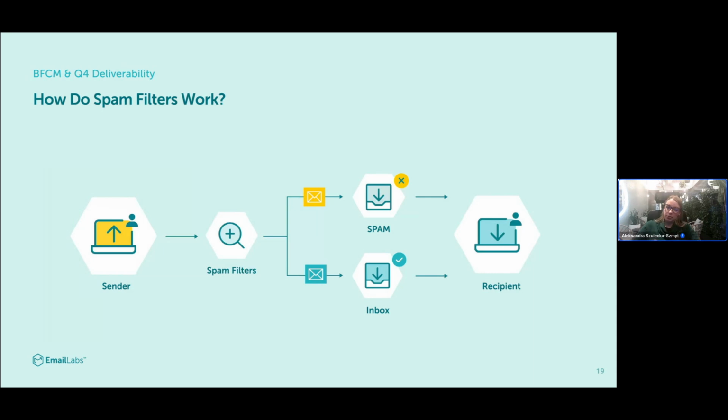So it is one of the signs, but not the only reason, for the open rate or click-through rate to decrease: the spam classification.